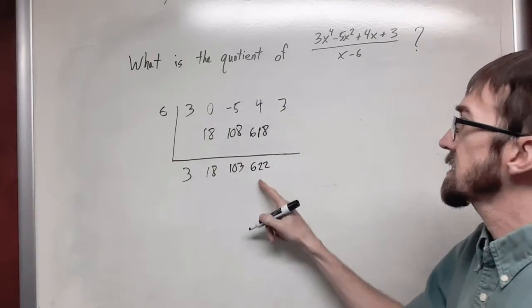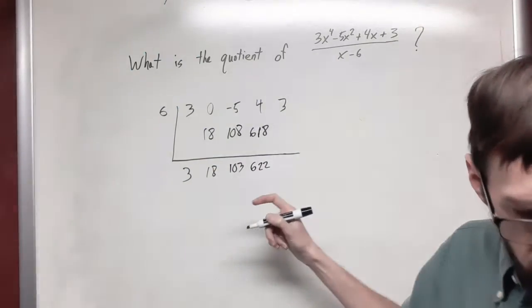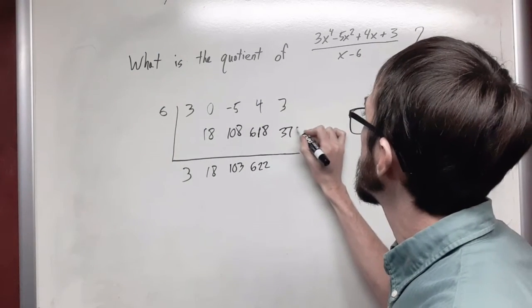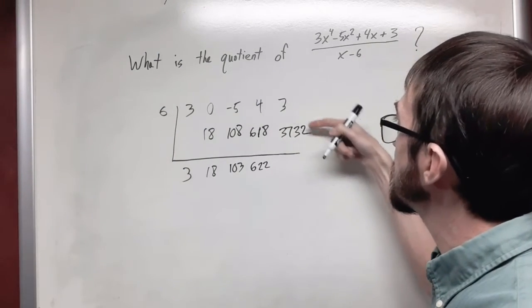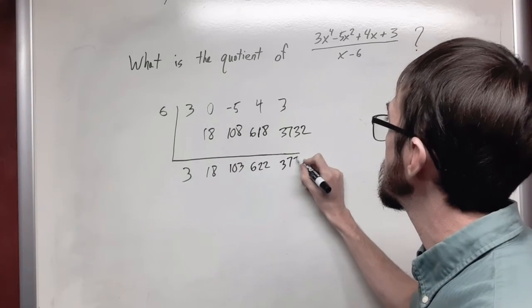And so we need 6 times 622, which is 3,732. And then 3 plus 3,732 is